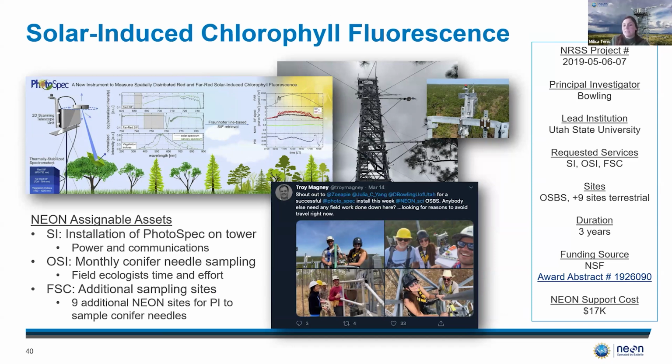The third example is a project that uses multiple services where the investigators were interested in solar-induced chlorophyll fluorescence, or SIF, measurements. The main service that was requested here was sensor infrastructure for the installation of the photo spec on the towers. They also requested observational sampling and some field ecologist time to do monthly conifer needle sampling around the tower area. They requested some field site coordination, as they were able to do some of the needle sampling on their own at additional sites. So here it's for a duration of about 3 years with a NEON support cost of about